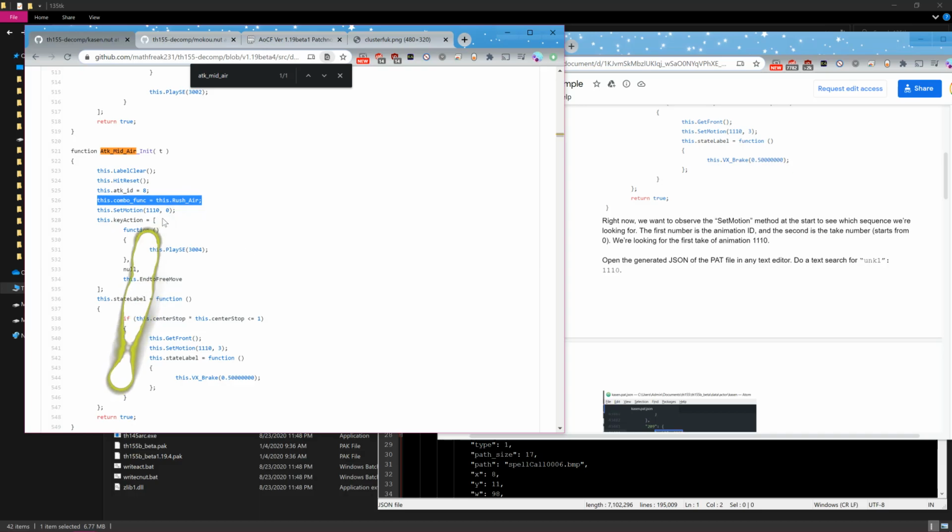So we'll be looking into a command called rush share. Rush share is the dials. Dials are just moves that get to be spammed, so it's like auto combos. Then the next one, which is the one he's mentioning, is this dot set motion parentheses 1110 comma 0